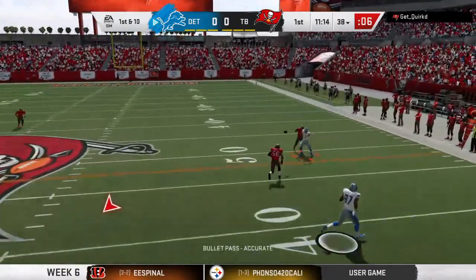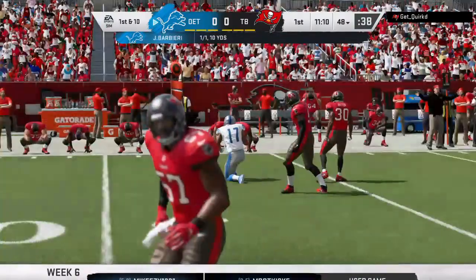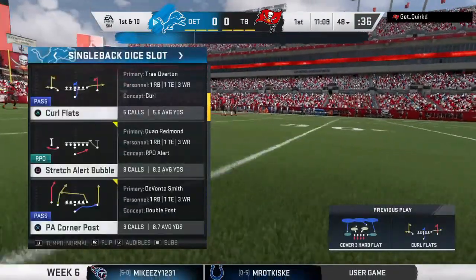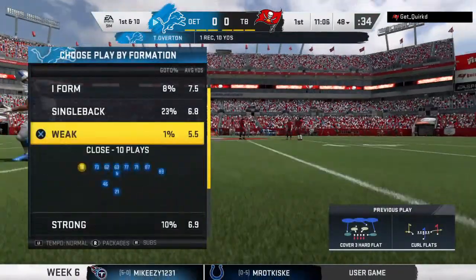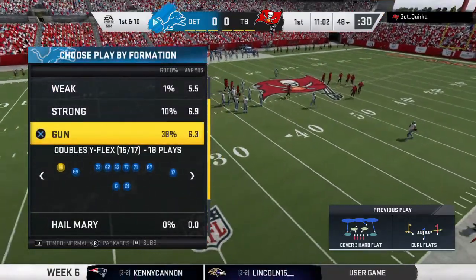They're going to look to throw. Going to throw right side here. Complete. It's a gain of 10 for the Lions and a first down. Now that was pretty. They executed that curl route versus zone coverage, and that changes things a little bit because